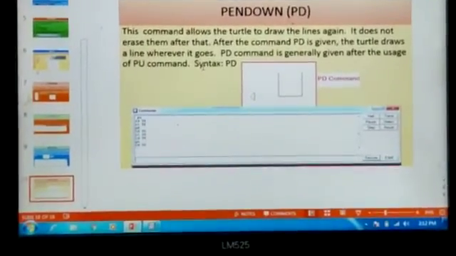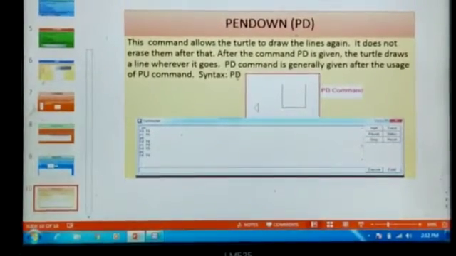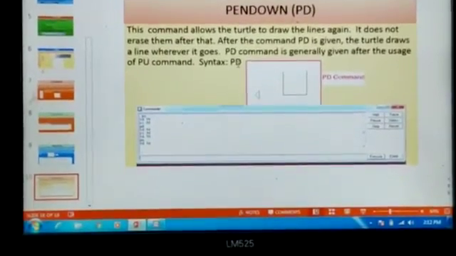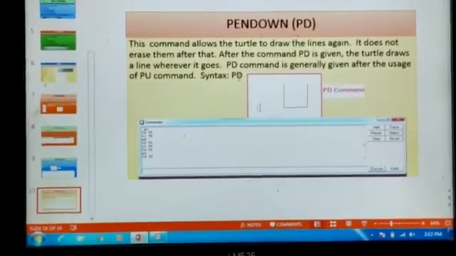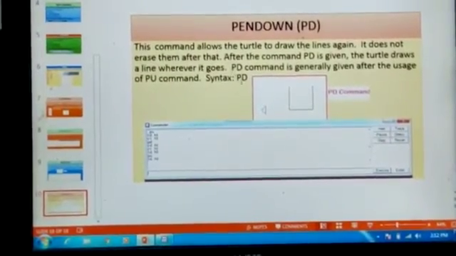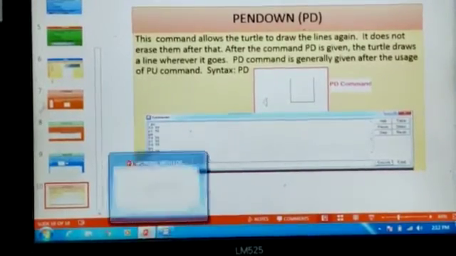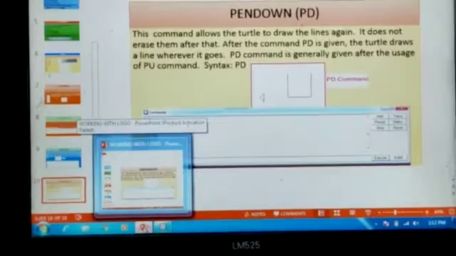Now what do you mean by syntax? You know the meaning of syntax. Syntax is nothing but the conditions to be followed while writing a program. Now we can give the command as PD. Now I will show you how to draw a line by using the pen down command. Here we have used the pen up command to draw an invisible line. After using pen up, you must use pen down. Pen down means the turtle will come to the pen down position. Pen down, enter. You can give the full form as PEN, pen, DOWN, pen down, enter.